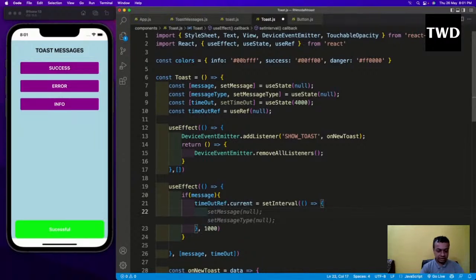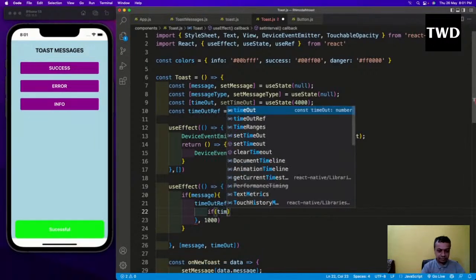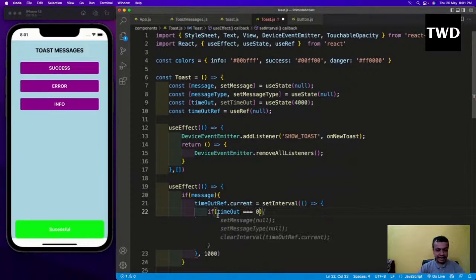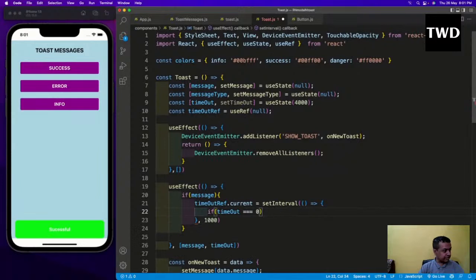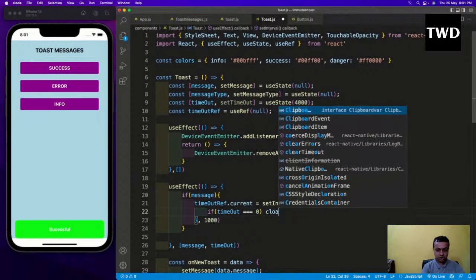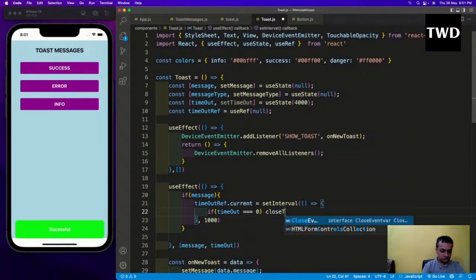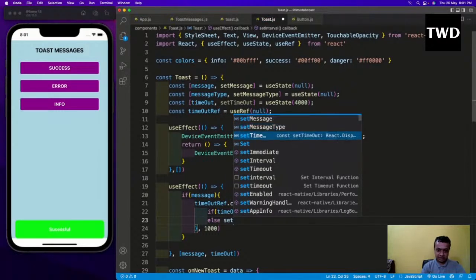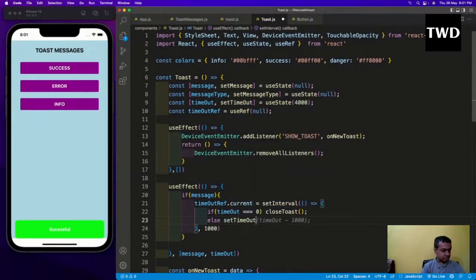Then I'll do an if: if timeout is triple equal to 0, then I will call closeToast, and else I will set the timeout. I could also do timeout minus something, but there is something known as previous state